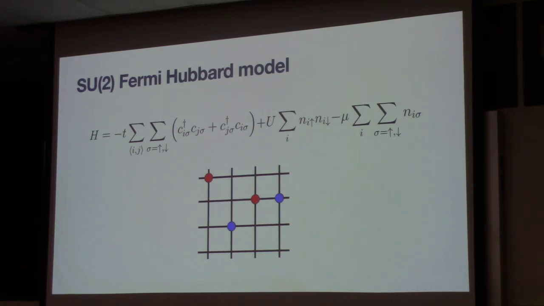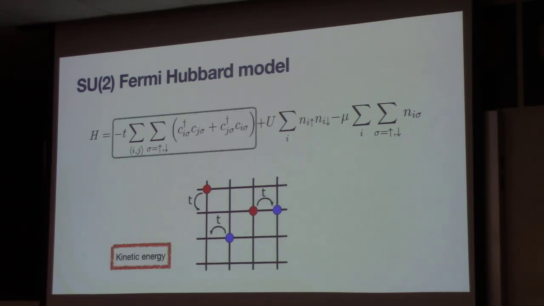One such model is the Fermi-Hubbard model. For those working with Ettore, they probably know what the Hubbard model is. What we have here are the electrons, which I denote by red and blue balls, living in the lattice. The first term contains the kinetic energy. What this first term is saying is that if we have a particle with spin sigma, for example red, on site i, it can hop to site j with an amplitude t. And this is limited to nearest neighboring sites.